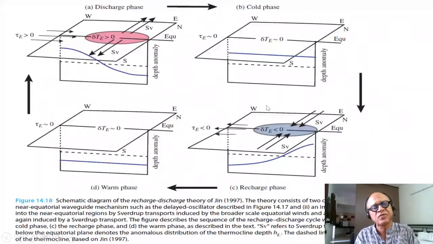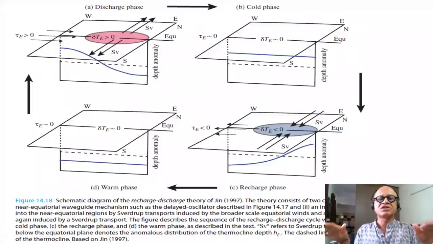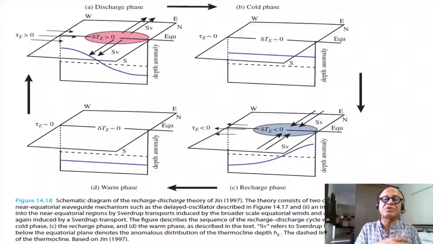Okay, so lots of details there in terms of what would self-sustain it, and if it is basically that the equatorial Pacific is an unstable system which oscillates, then you have to explain why El Niños don't occur at regular intervals. Why is the spectral peak between 2 to 7 years? Sometimes El Niños happen every 2 years, sometimes every 7 years, so those kinds of things are not very easily explained, and it's not even clear whether it's a stable oscillator,